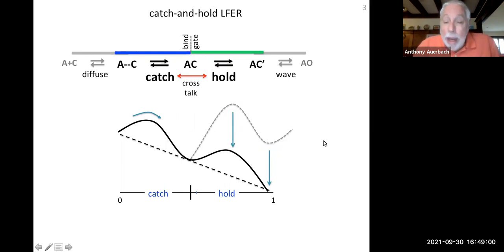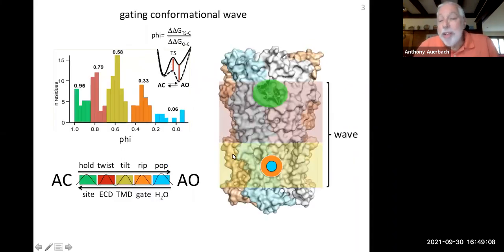So now I'm going to continue about the rest of the conformational wave, and the next two slides are going to go off the deep end. I have to go to this slide, which is our gating conformational wave, which comes from phi-value analysis. We measured about 1,000 different mutations, and we measured the effect of the mutations on the transition state and the end state, and that ratio of those changes in energy gives you a value called phi. This is the distribution of phi values, and phi relates to the position in a sequential reaction chain of where the mutated